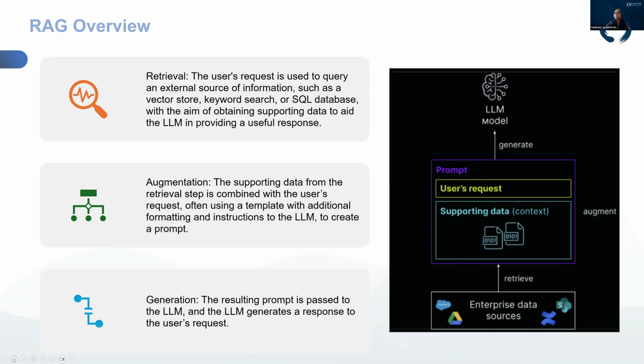Retrieval is nothing but an end user asking a question to an LLM or a chatbot, and then that user request would be taken and processed through external enterprise source data, and from there it tries to fetch the supporting data to that question. So if I ask a question on what is RAG, then it tries to go and search the enterprise level data set and tries to find the answer for that, and from there it tries to generate a